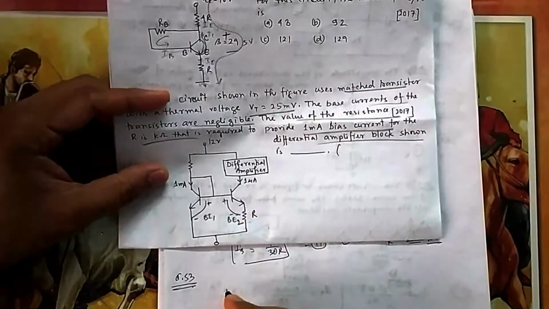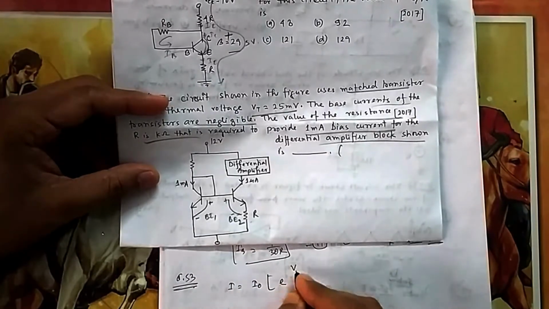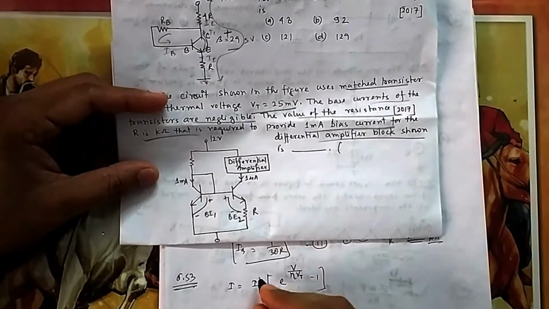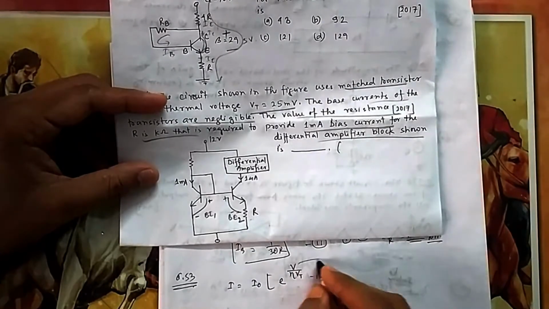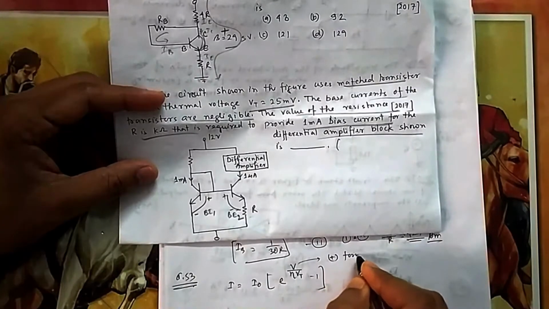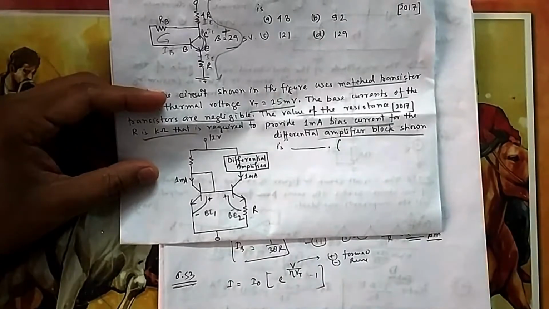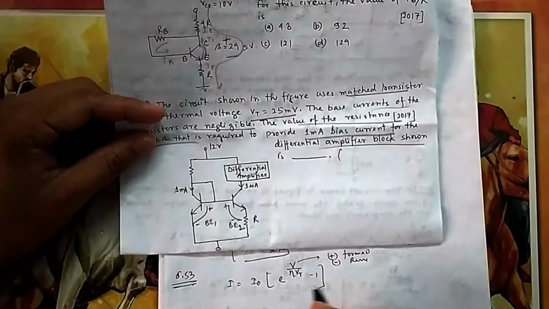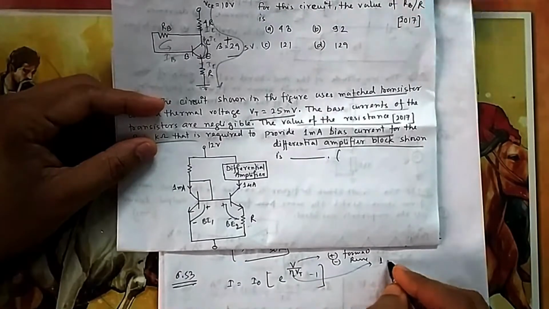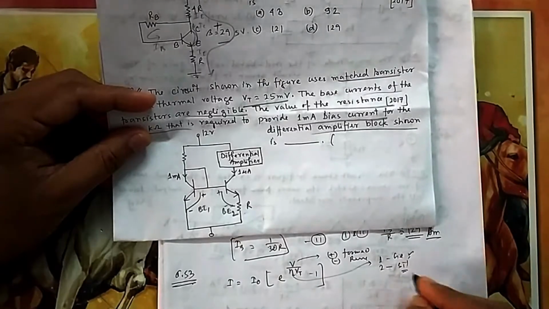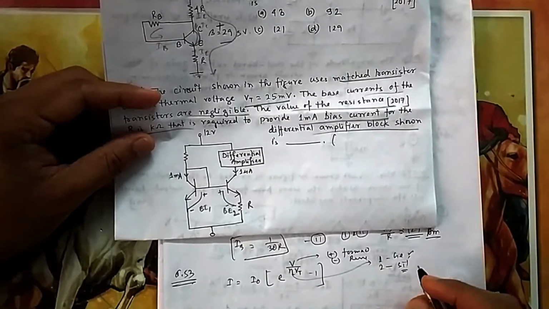The diode current formula, if I write the overall formula, is I equal to I0 into e to the power V by nu Vt, then minus 1. This I0 is your reverse current. V is your applied voltage. It is positive if you are applying in forward bias direction, and this voltage is negative if it is in reverse bias direction. Vt is the thermal voltage, that is 25 or 26; here it is given as 25 millivolt. Nu is 1 for germanium and 2 for silicon.